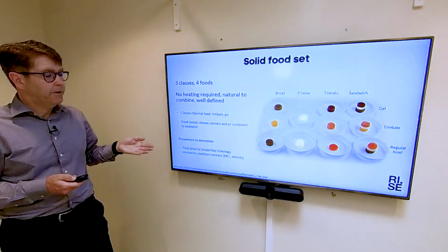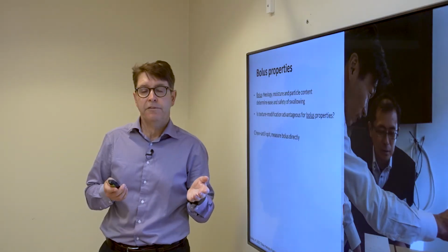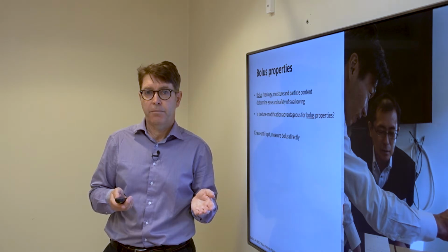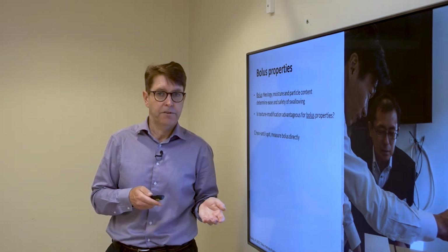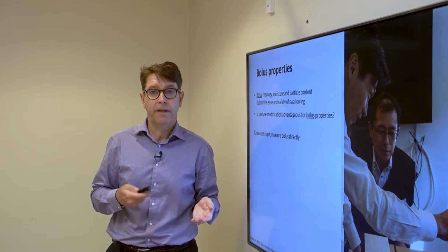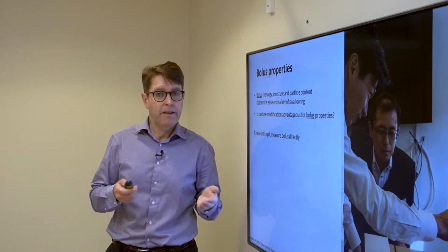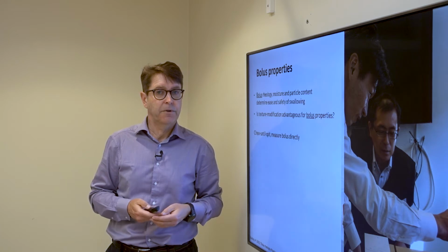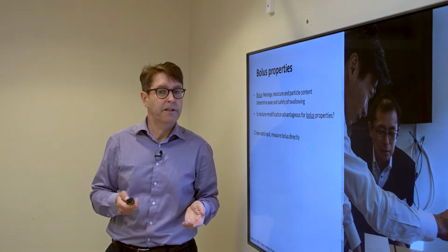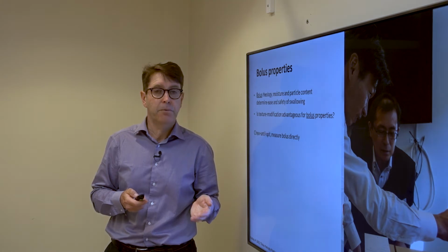We have first studied the parameters of the food, and then we have looked at the bolus properties, because it's really the bolus properties that are important and not the food properties, because it's the bolus that should pass easily and safely down the food tract. So is it related or not? That's what we wanted to study, and what the bolus properties actually are when it comes to physical properties and